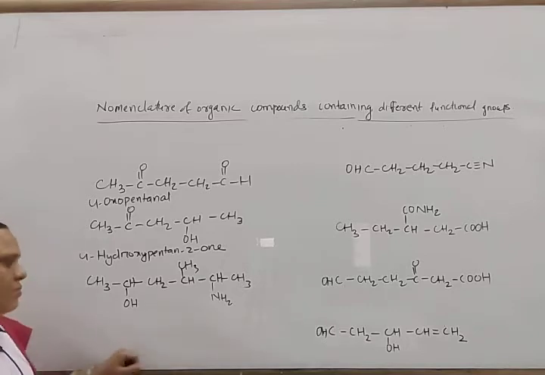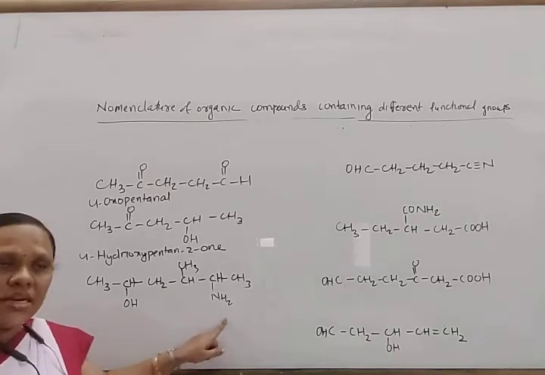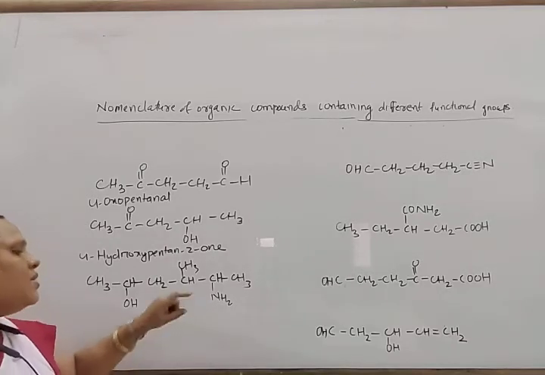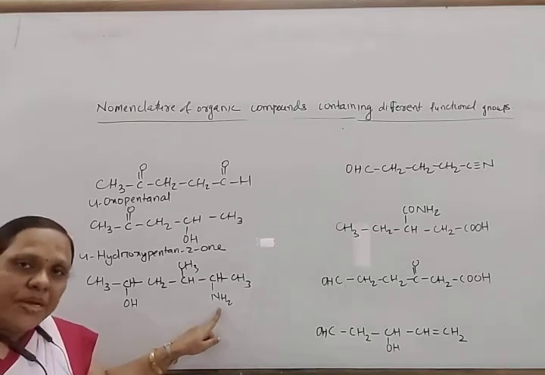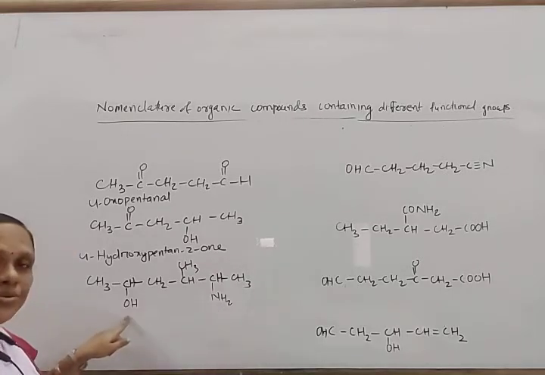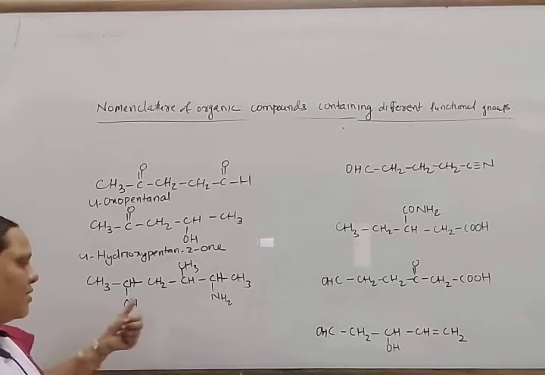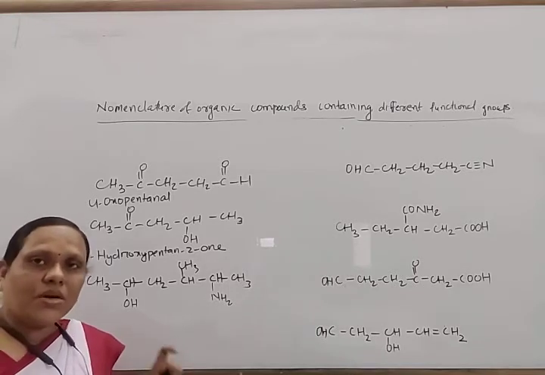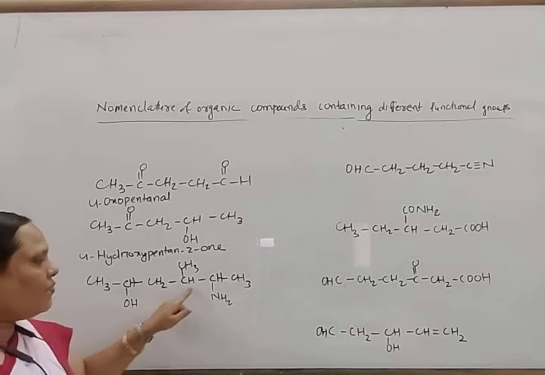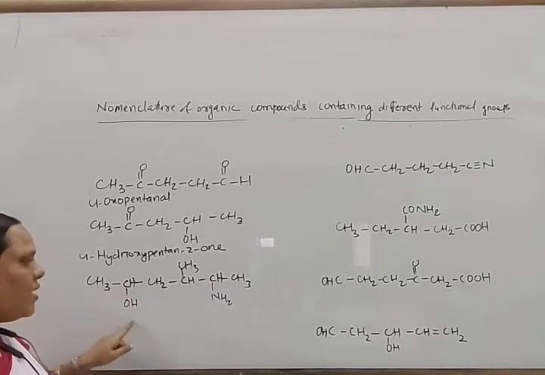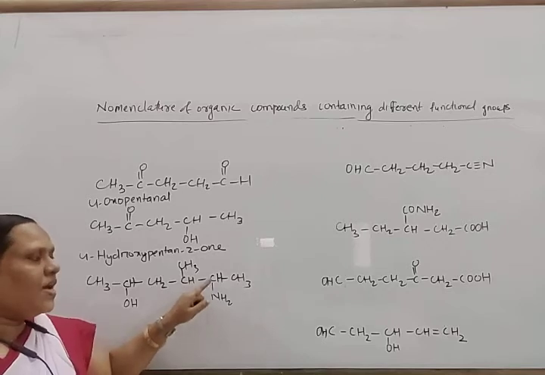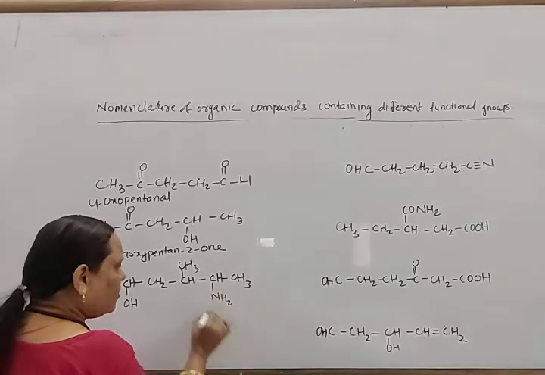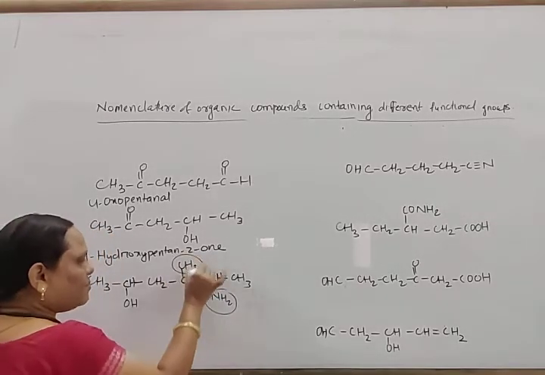Next come to the name of this compound. An OH group is there, and an amino group is there. Between the OH group and the NH2 group, OH has higher priority. So for the OH we use the suffix, and for the amino we use the prefix. We have to give the suffix, which has higher priority, the lowest position. So numbering 1, 2, 3, 4, 5, 6: at 2 position hydroxy, and counting 1, 2, 3, 4, 5, at 5 this is the amino group. Here one substituent is amino, and another is methyl.